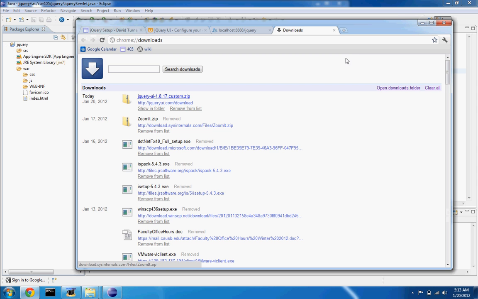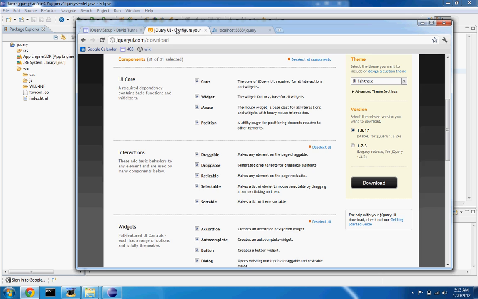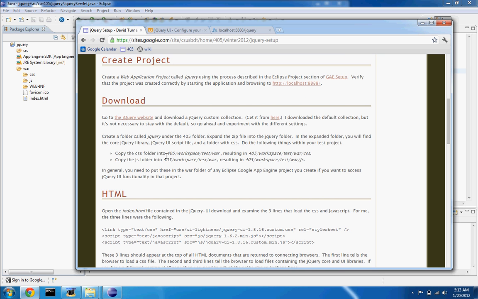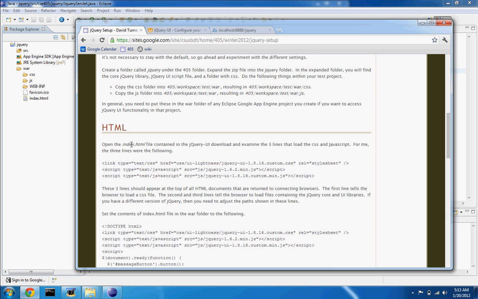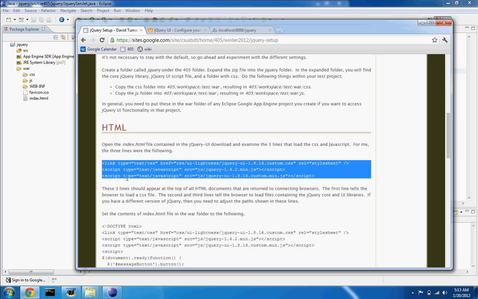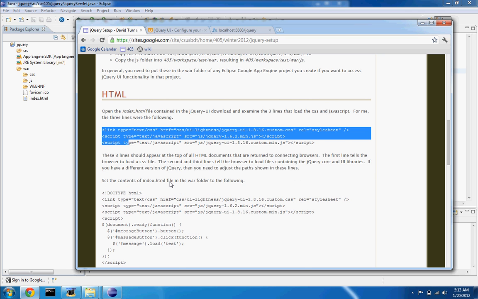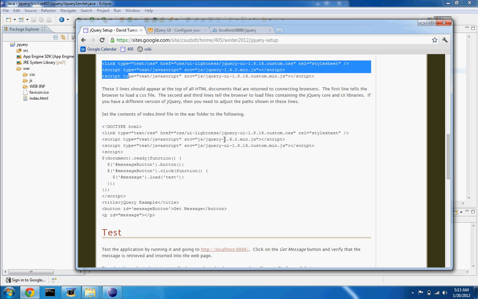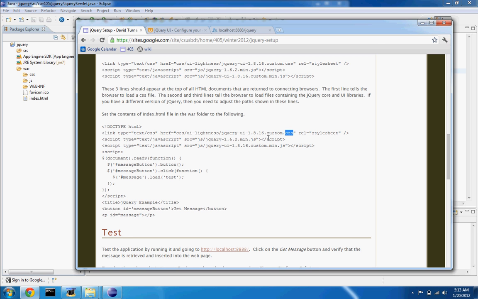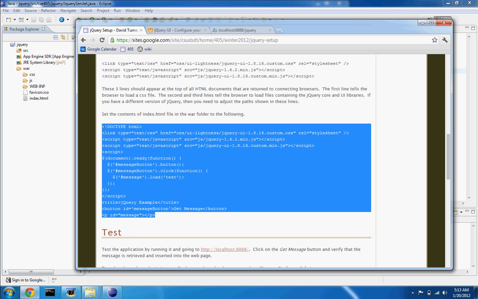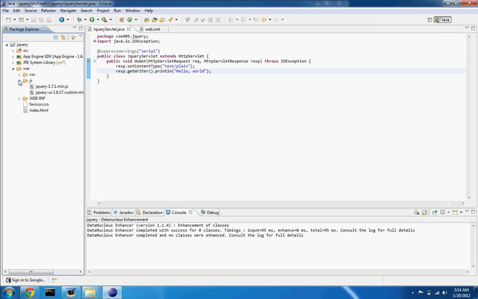And let's go back to here. And yeah, I'm talking about this business here. And we need to load the CSS file. We need to load the 2 JavaScript files in our web page. So let's go ahead and grab this. But the names of those files I have on the web here are likely to be different from the ones that we downloaded. Let's just quickly look at that,